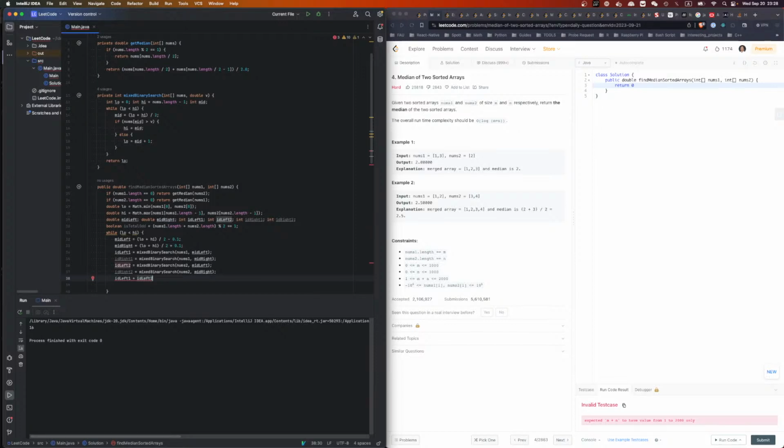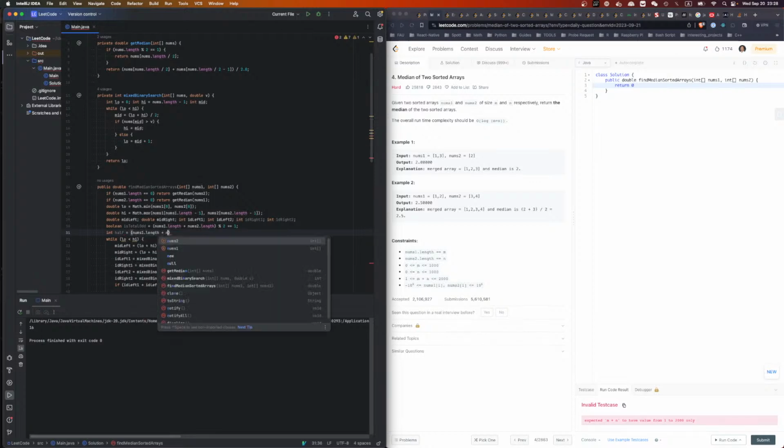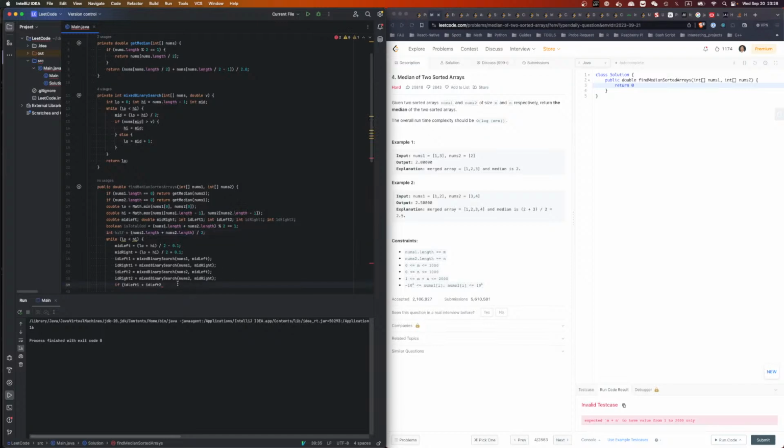So we say if half, if this is smaller, we say int half shall equal to nums1.length plus nums2.length divided by 2. Doesn't matter even or not. So we say if this side is smaller or equal to